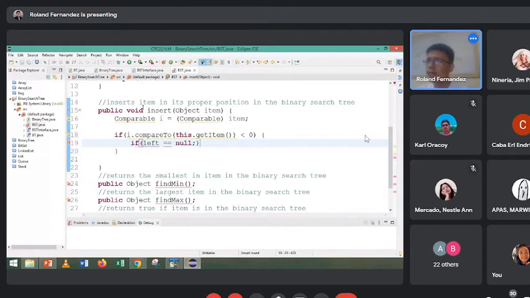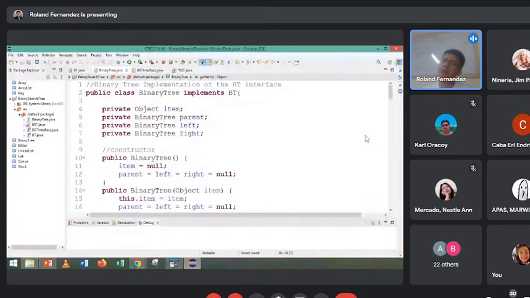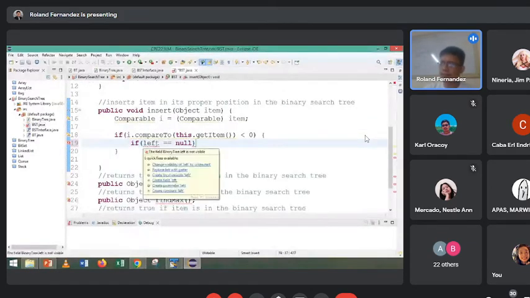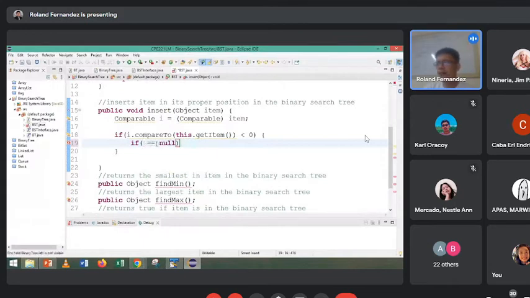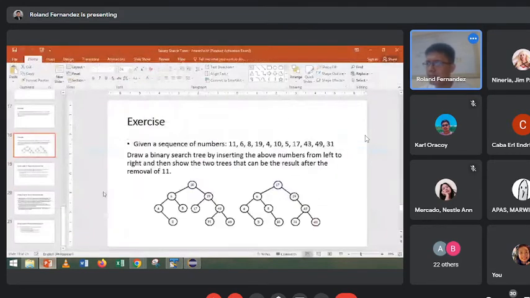Is the left private? Yes, it is private, so we cannot access left right away, but rather we can say getLeft, if it is equal to null. If it is null, meaning the left is empty, then this item becomes the left